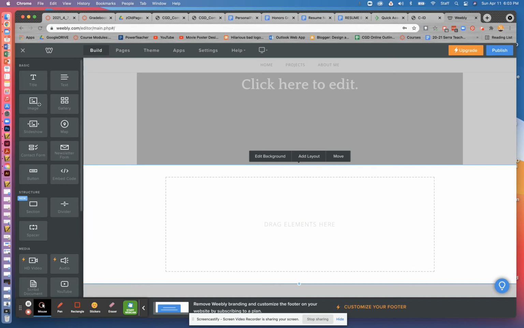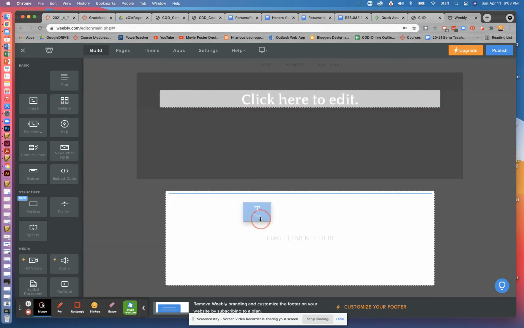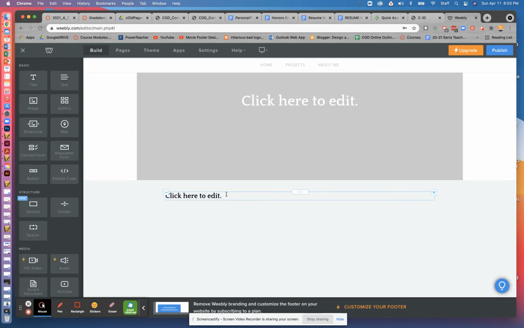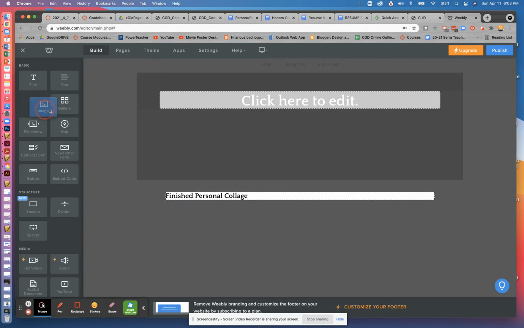So what I'm going to do is grab this title and drag it here. And you'll see this little blue line. It drops it on there. So now I'm going to put in finished personal collage. Now I'm going to grab this image and notice when I drag this over, see the blue line,